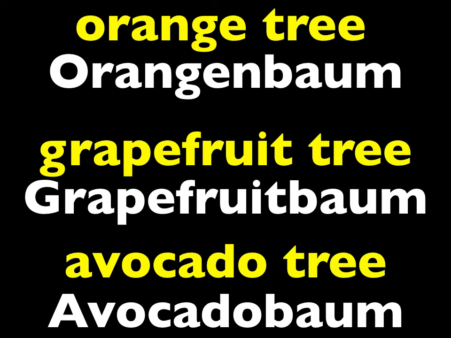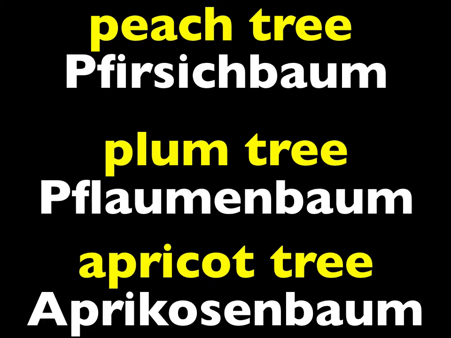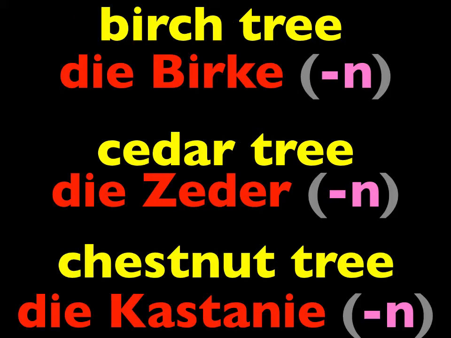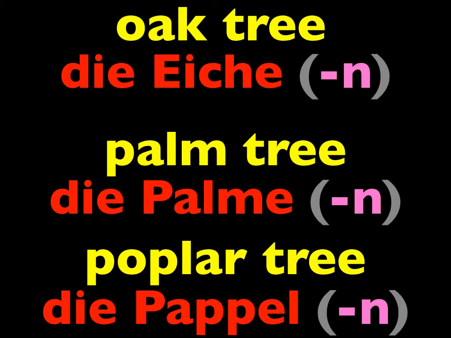der Grapefruitbaum, der Avocadobaum, der Zitronenbaum, der Limettenbaum, der Mangobaum, der Pfirsichbaum, der Pflaumenbaum, der Aprikosenbaum, der Papayabaum, der Olivenbaum, der Feigenbaum, die Birke, die Zeder, die Kastanie, die Ulme, die Tanne, der Ahorn, die Eiche, die Palme, die Pappel,